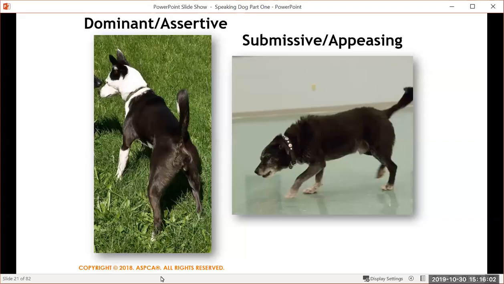But there's nothing wrong with using these terms, but it's very, very important to recognize that these are not characteristics of an individual animal. There's no such thing as a dominant animal or a submissive animal. Those terms are in relation to an interaction. A dog may be dominant in its interaction with another animal, or it may be submissive in its interaction with another animal. But the dog itself, that's not a personality trait.